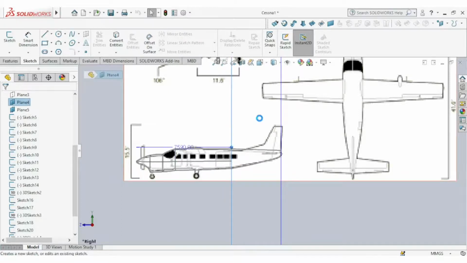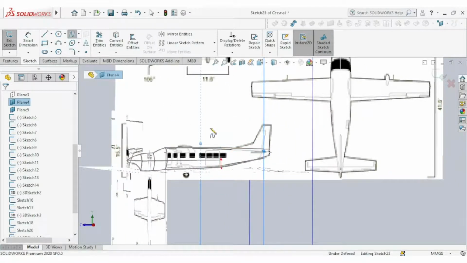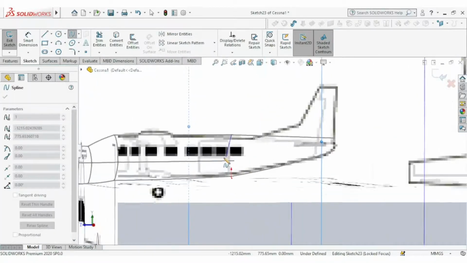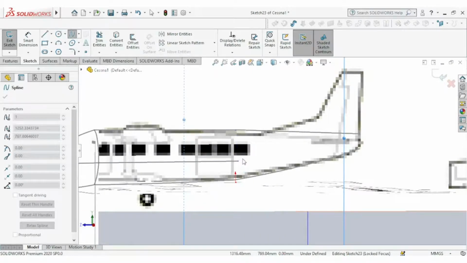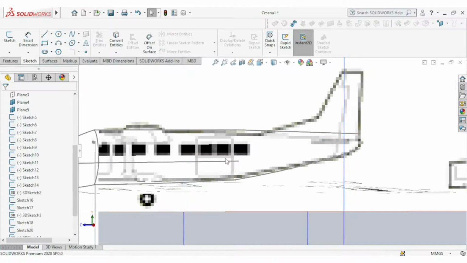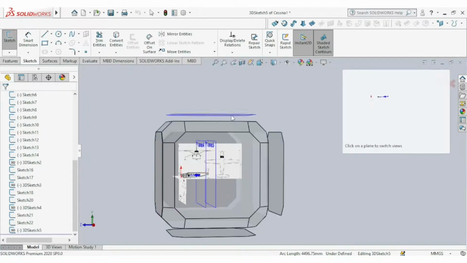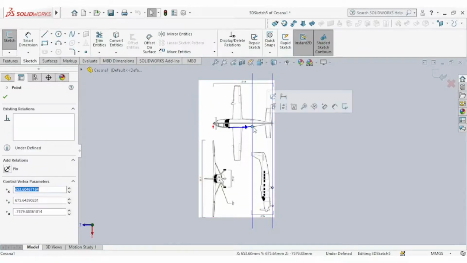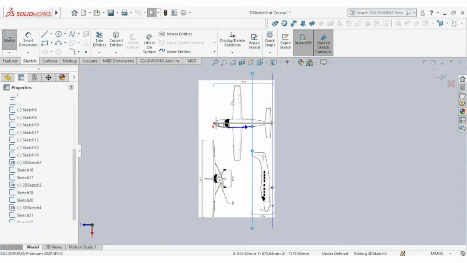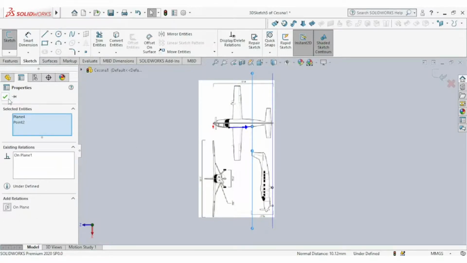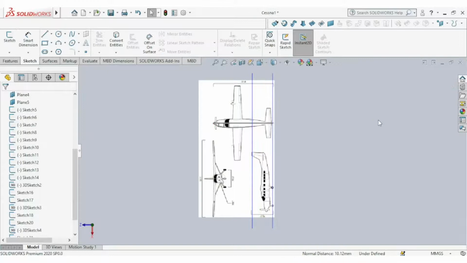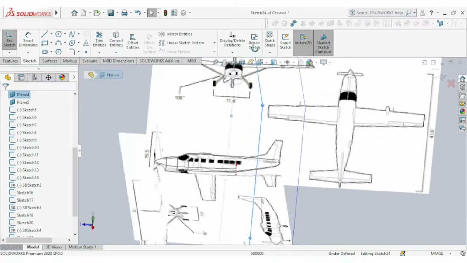Okay, let's join. Okay, this point and that point. But let's go back to the 3D sketch again. I don't think it's coincident in the plane. Go to top view. Okay, it's not. Select plane 4. Make sure it's coincident. And this plane for our next target.